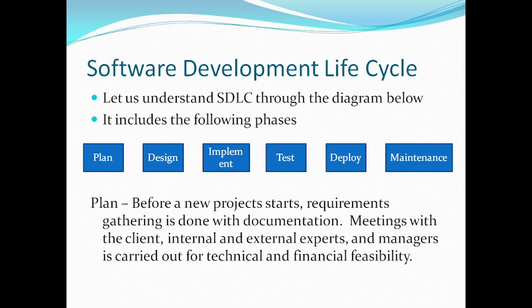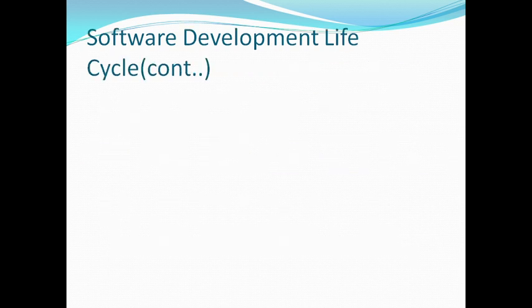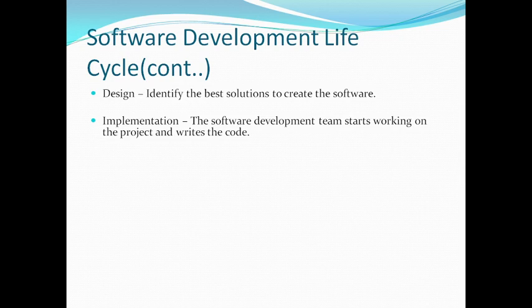Once it is clear, we move to the next phase, that is design. In the design phase, we identify the best solutions to create the software. In other words, our focus here is to determine how the software is to be made. Once it is finalized how the software is to be created, we move on to the next phase and develop the software. So the next phase is implementation, where the software development team starts working on the project and writes